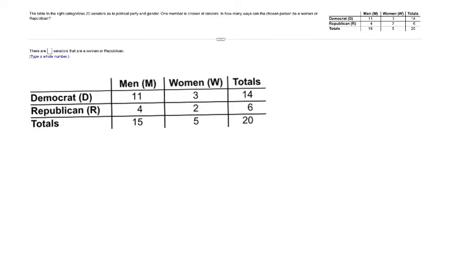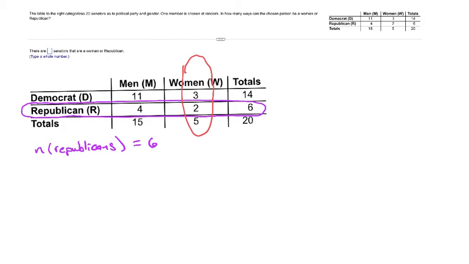So from this chart, if we only look at the Republican row, then we know that we have a total of 6 Republicans. So our number of Republicans will be 6. And likewise, if we look at the women column, we see that we have a total of